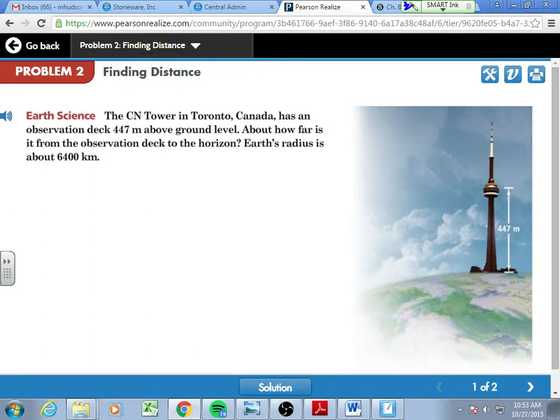So about how far is the observation deck from the horizon? What they're saying is when you are up there in the tower and you look as far as you can see, you're really looking along a line tangent to the earth, and the earth is round. So when you think about this, what we have